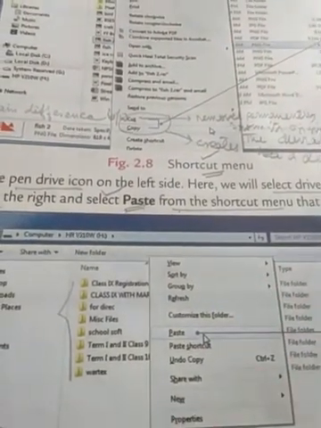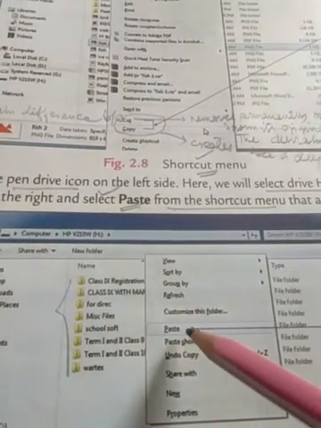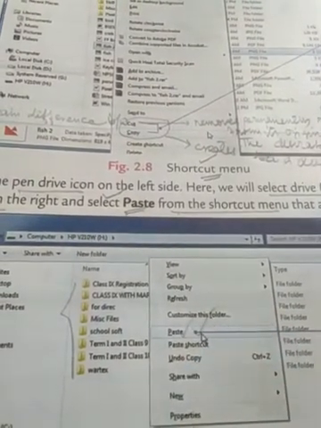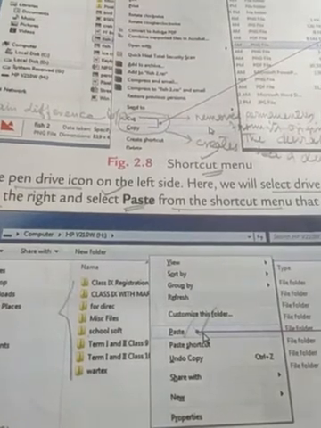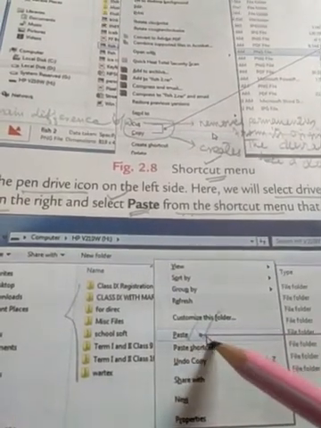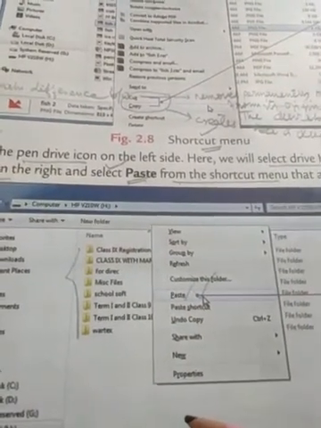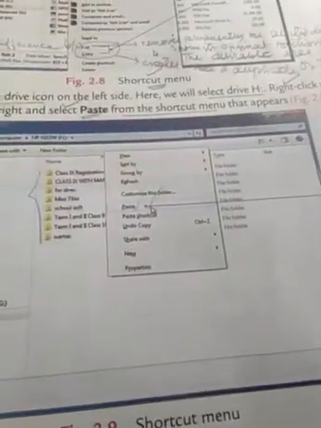And by considering different options, we have to choose the paste option, this one. We have to choose the paste option, clear, from this shortcut menu option. This is the fifth step.